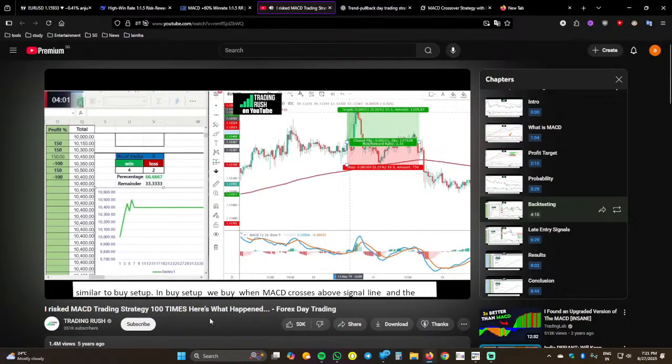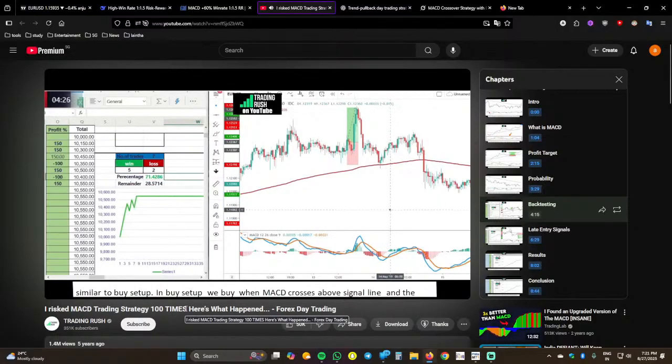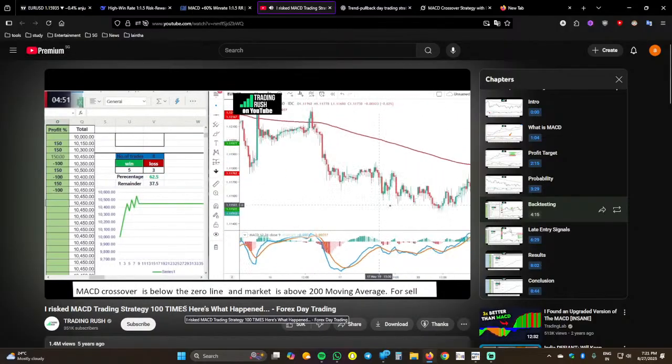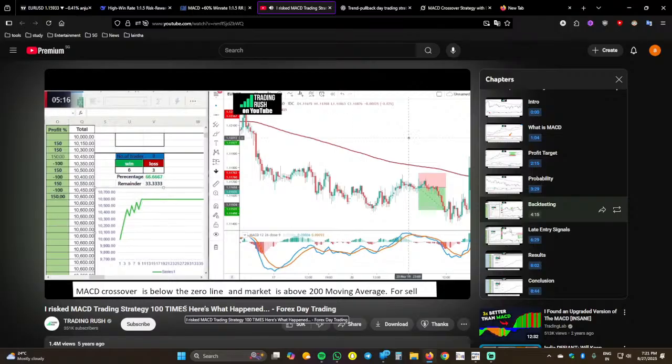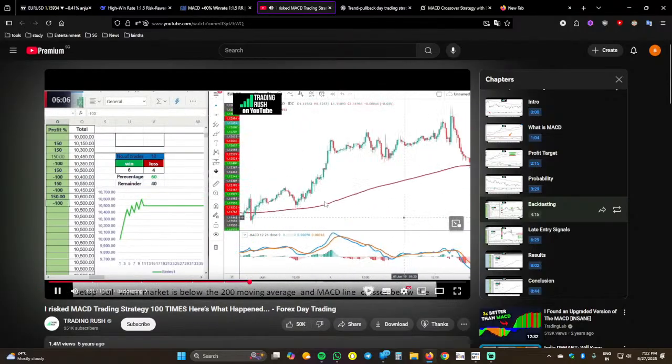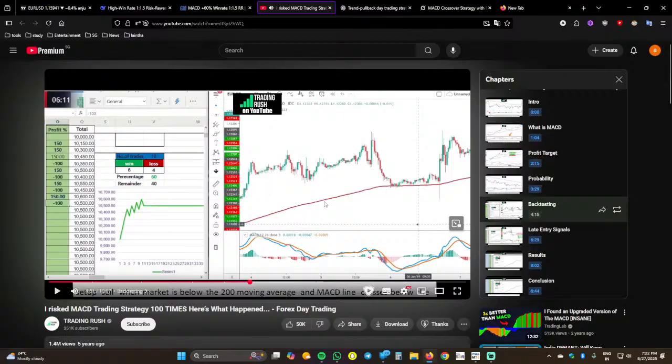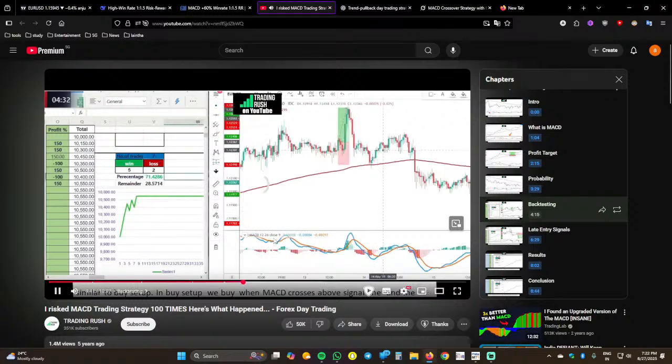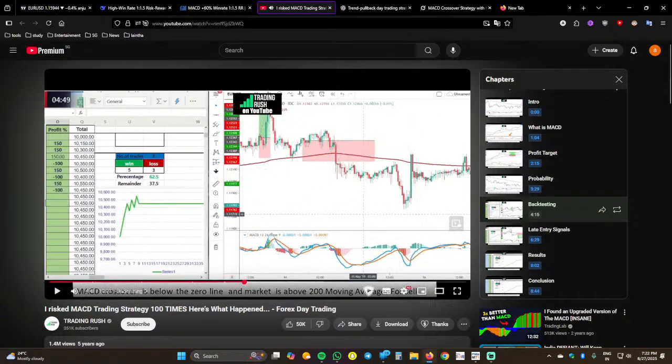In buy setup, we buy when MACD crosses above signal line, and the MACD crossover is below the zero line, and market is above 200 moving average. For sell setup, sell when market is below the 200 moving average and MACD line crosses below the signal line, and the MACD crossover